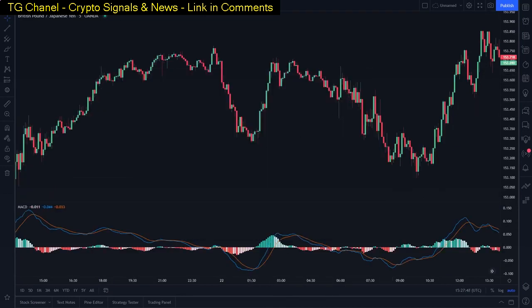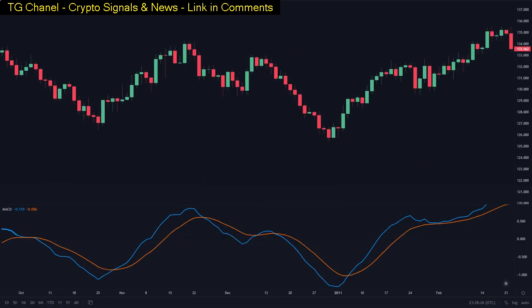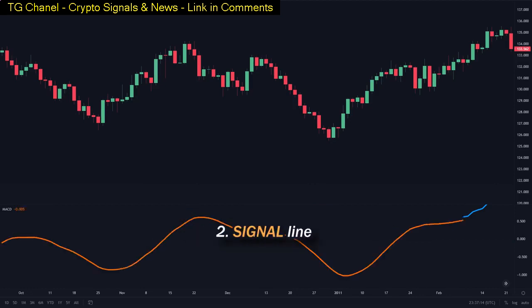Now, before we start, we first need to know how the MACD works. We can see here, there are four components to the MACD. First, we have these two lines, the MACD line and the signal line. Notice the difference between the two. The MACD line moves faster and is more sensitive to price changes, which will be the main focus of the MACD indicator. Compare that to the signal line, which reacts slower to price changes, therefore giving it a smoother